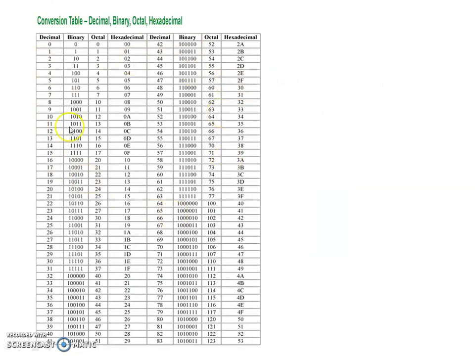Here we see a table which is very useful for you: decimal, binary, octal, hexadecimal. You can compare all the number systems, and this will give you a lot of idea about the number systems. Now 0 is 0 in all the number systems, 1 is 1 in all, but here we get difference. Decimal is 2, but binary is 1 0. Octal is 2, hexadecimal is 2, 3 is 3. Now decimal, octal and hexadecimal are equal up to 7. Now you can see the binary is changing.